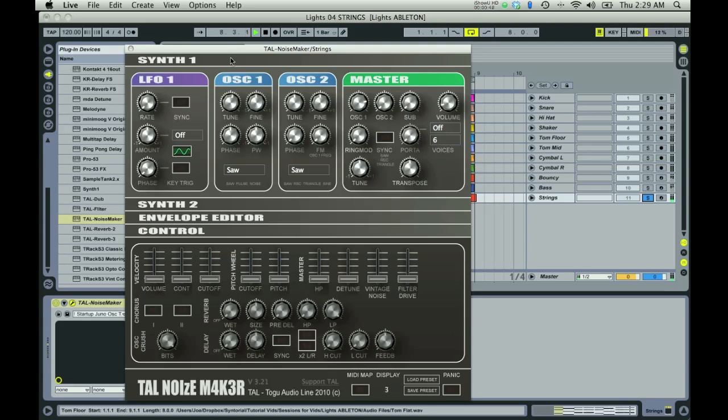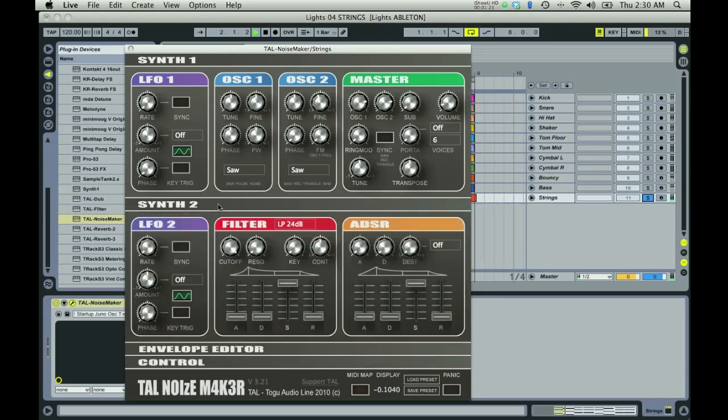Too low, so we're going to bring this up. Oh, too high. There we go. Now we want the same swirling effect that the bass had, so we bring on the second oscillator, the same volume as the first. Now the reason the pitch just went up is because when you put two waveforms that are identical on top of each other, it can do some funny things. Watch as I detune it to get the swirling sound that the pitch will go back to normal. There we go. So there's our basic sound.